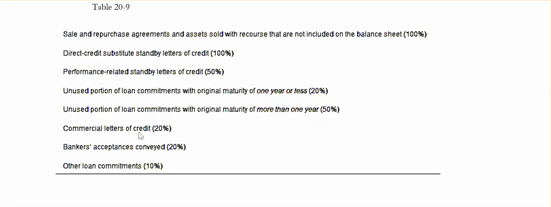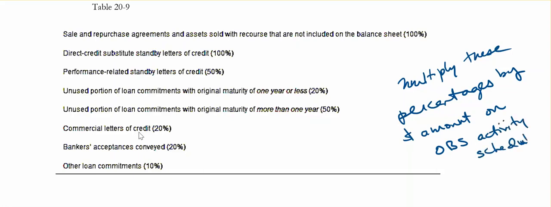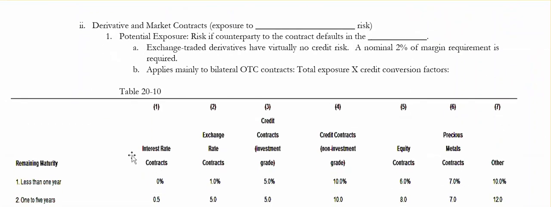And you multiply these percentages by the dollar amount on the off-balance sheet activity schedule. All right, so we'll come back in a moment, showing how to use these percentages to calculate the credit equivalent amounts for things like letters of credit and loan commitments. Now, the second type of off-balance sheet activity would be